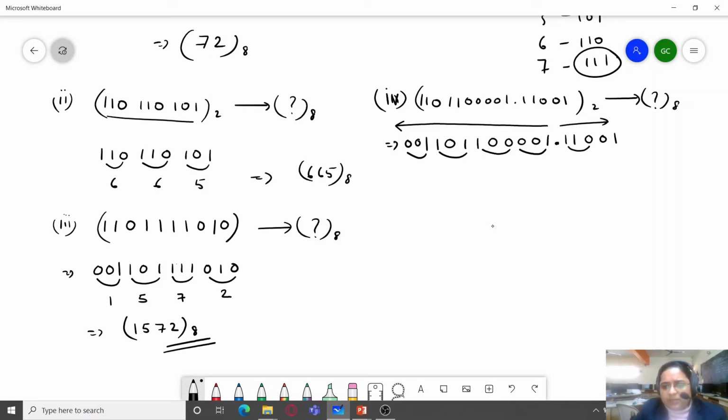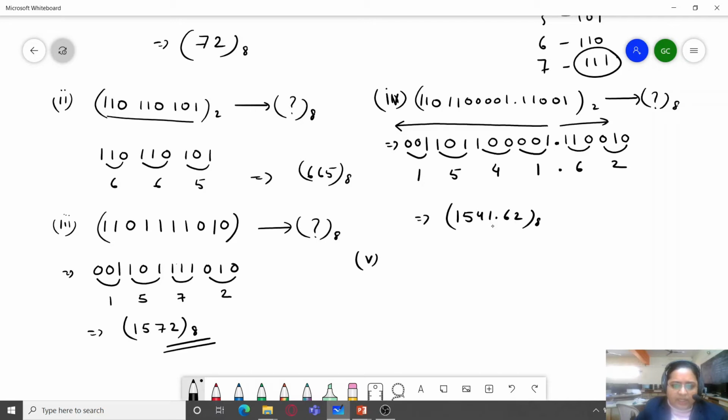And here again you see that it is short of one digit, one bit. So we add a trailing zero over here and group it. So it forms a kind of a smiley. Interesting. Now here 001 is 1, this is 4, 101 is 5, again 001, point 110 that is 6, 010 that is 2. So the final number is 1541.62.